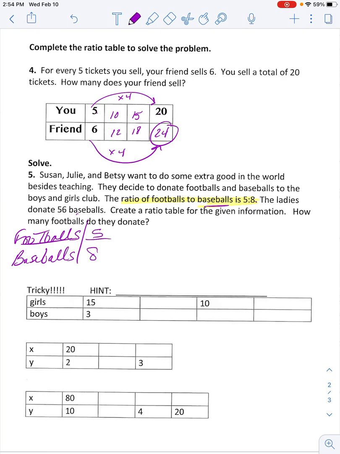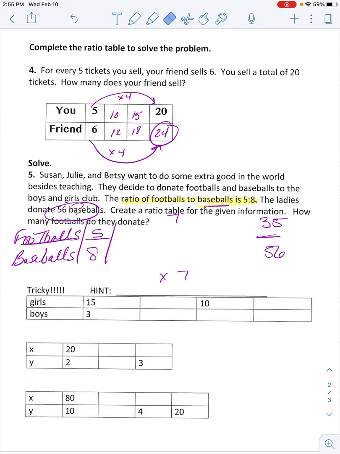We want to get all the way to 56 baseballs. So we want to do the table, so we can get from 8 to 56 pretty easily. Here's what I want you to eventually be able to do. How do I get from 8 to 56? Multiply by what? 7. So multiply the footballs by 7 to get